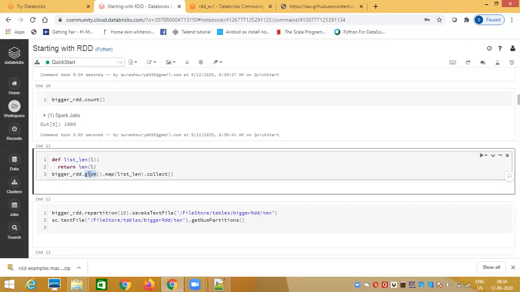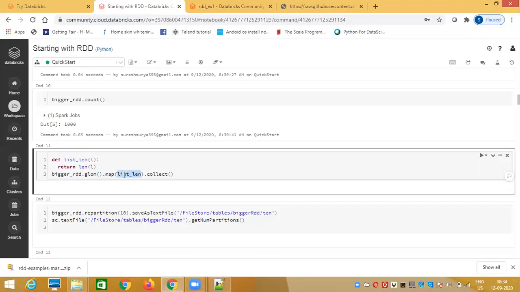I just want to find out how many elements are there in each of these lists. So I'm calling the map function, and inside that I'm passing a function called list len, a user defined function. The objective of this function is to take each list and find out the count of elements.